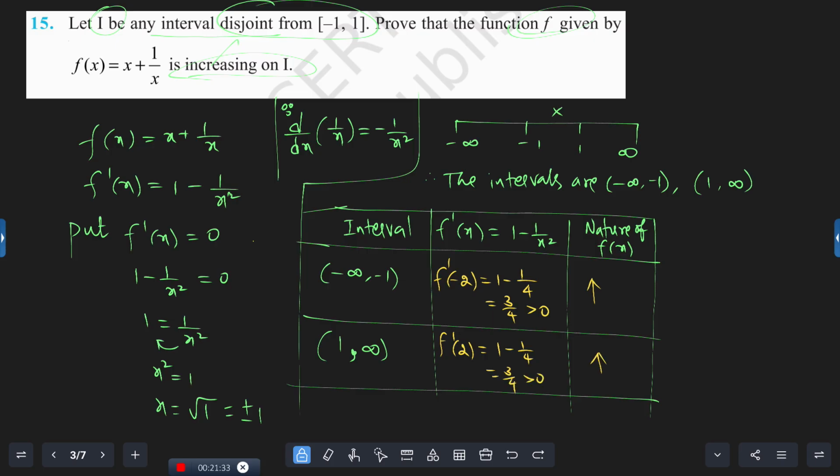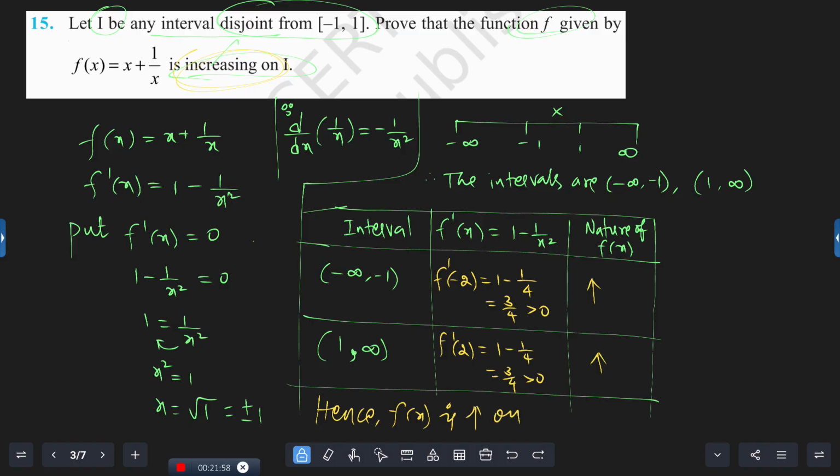So that again is increasing. Both the intervals we got are increasing, that is what they asked to say. Apart from minus 1 comma plus 1, the remaining intervals are all increasing for the given question. Yes, we got it. We understand, right? Then to finish, you have to write, hence f of x is increasing